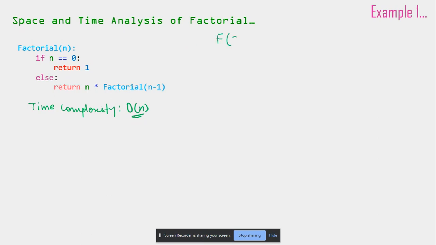Let us say the value of n is 5. So for 5, if we have to calculate the factorial of 5, it is going to calculate the factorial of 4, 3, 2, 1. Not the factorial signs over here. You should know the factorial of 3, the factorial of 2, the factorial of 1 for solving this.